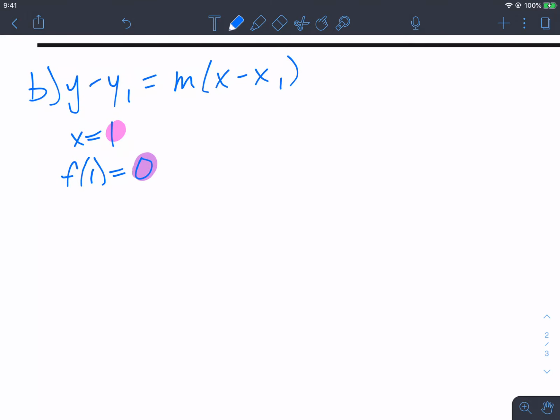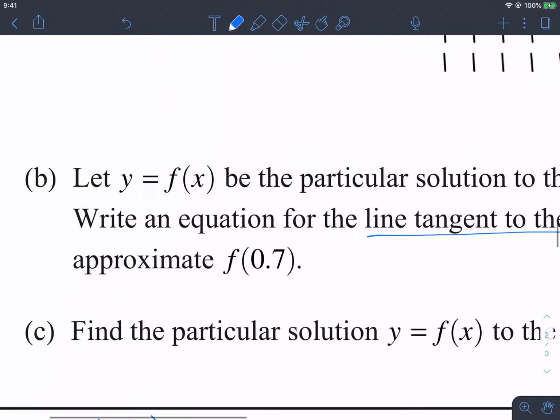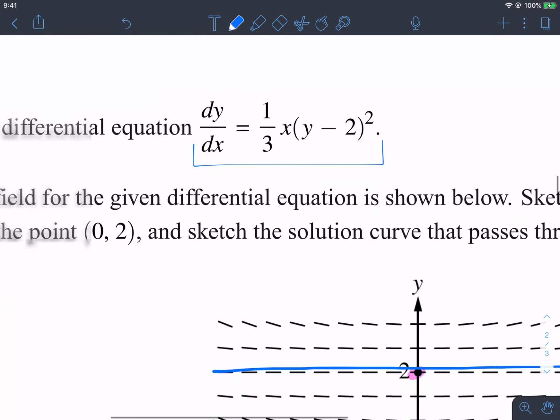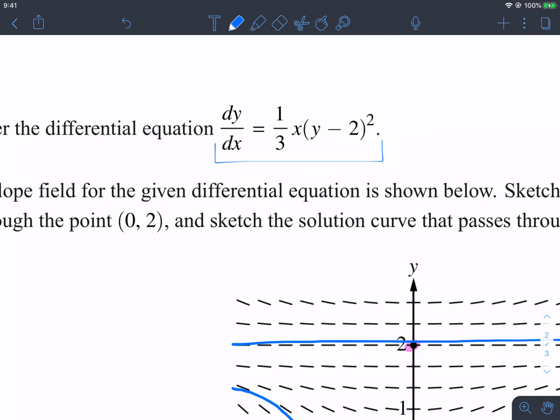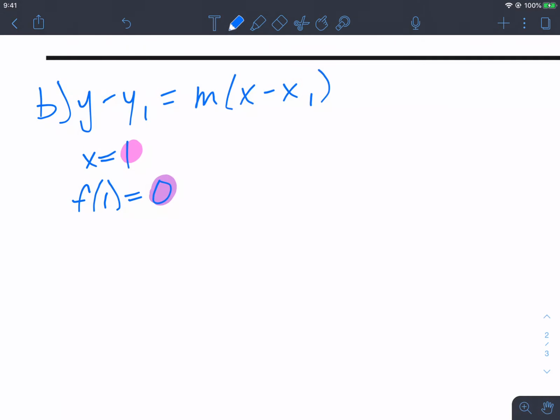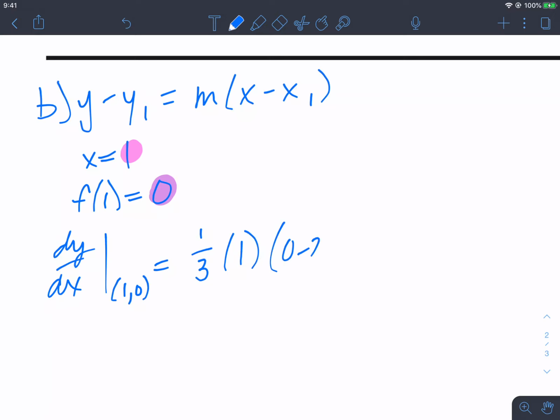The slope is what was given at the beginning of the problem. This is the slope of the function. That is the slope of y, the derivative of y. So the derivative is your slope. What we need to do is plug in this point. X is 1, y is 0. We're going to plug them into the slope. So we have dy/dx at the point (1, 0) would be 1/3 times 1 times (0 minus 2)